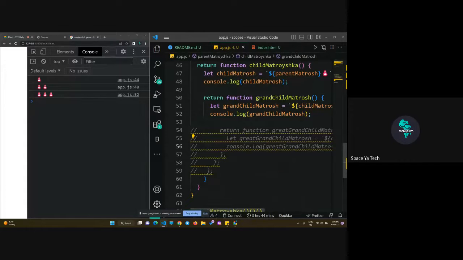So I think now this is a good visualization. So now, if you take the last one,